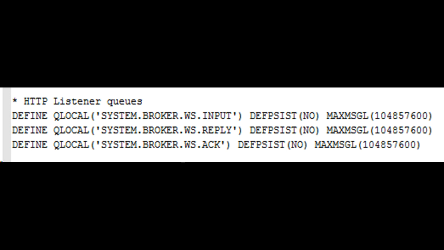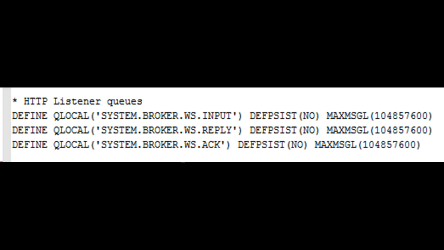So HTTP traffic comes into the broker and it goes into the system queues, and the broker picks up these messages from that queue. It's all under the hood, so we don't know about it. It's system.broker.http.something, input, reply, and timeout. I think these are the three different queues. Because of this nature, you deploy your application to another execution group, and the effect is immediate, and you get the benefit immediately. No changes required.